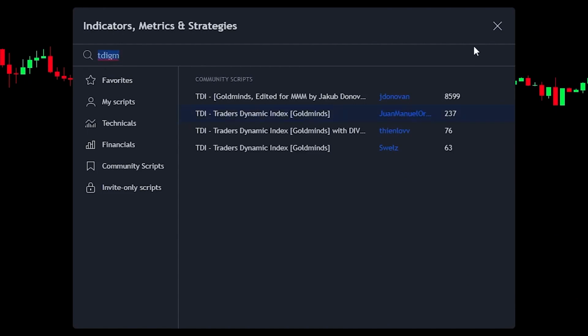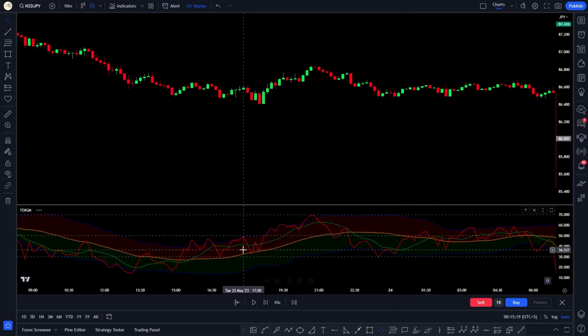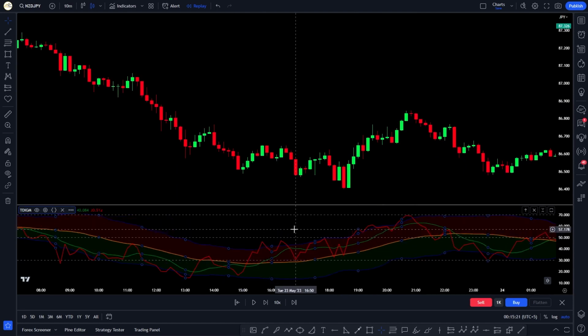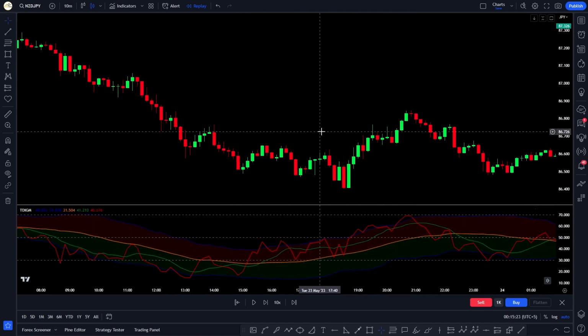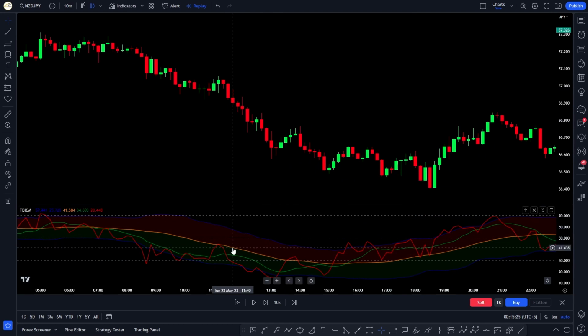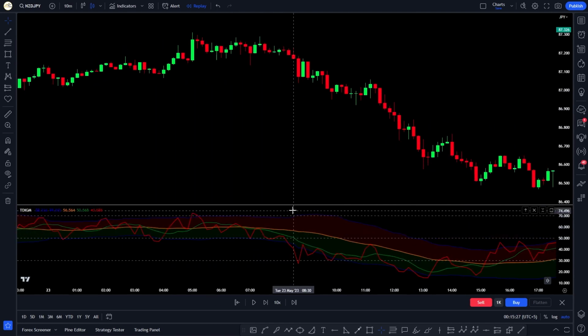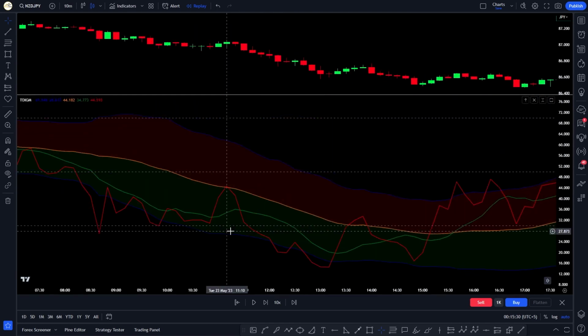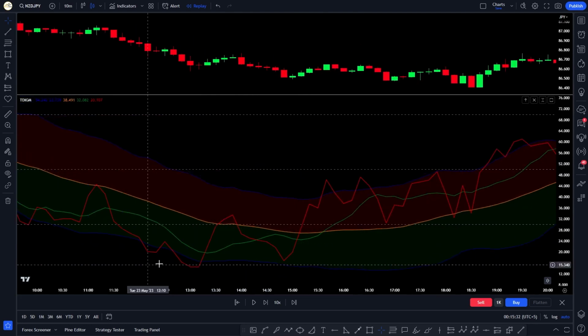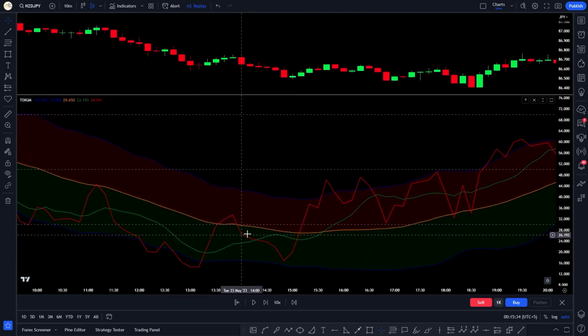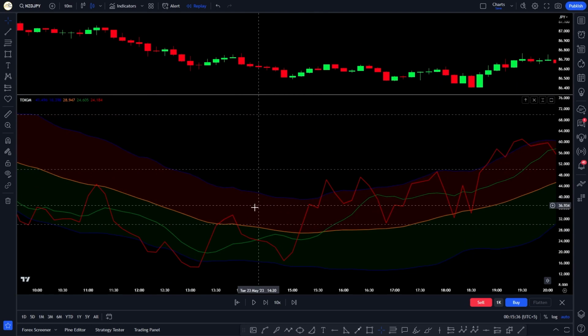Now once we click on this indicator, you can see that it looks pretty complex, but it's pretty simple and it works very well by combining three indicators that I'm going to show you now. Inside this indicator, if I zoom in a little bit, we can see that there are a lot of oscillators and a lot of lines, and this indicator combines three indicators. The first one is the Bollinger Bands, the second one is the exponential moving averages, and the third one is the RSI line. For example, here we can see that this red line is the RSI line,